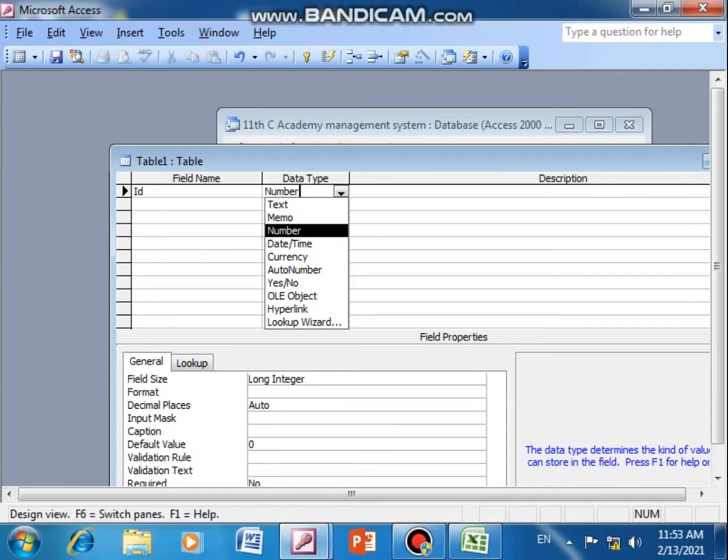Access 2003 provides you the fields data type called text. If you want to store textual information in this field, okay, that is name, address, city, that all things, then you can take text. If you want to store text, will allow you to store up to 255 or 256 characters. If you want to store more characters, then you have to take memo. It allows you to store up to 64,000 characters. Number allows you to store number.